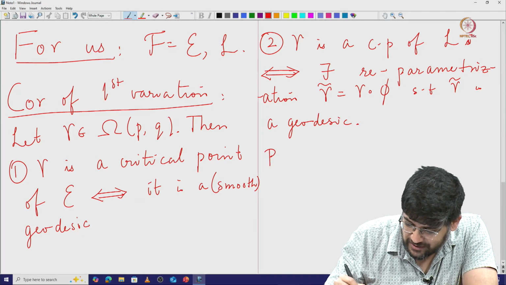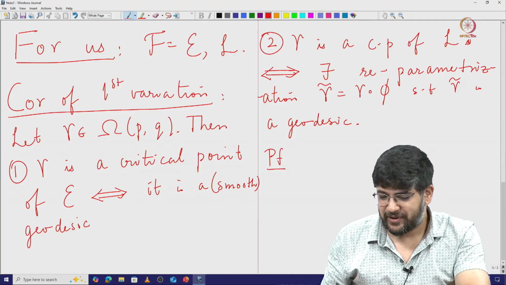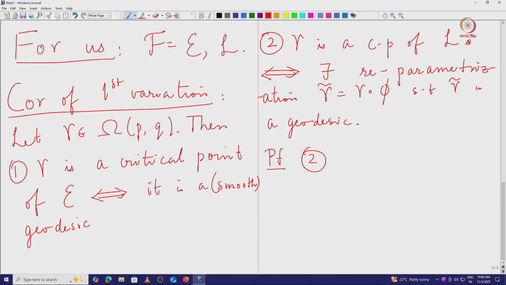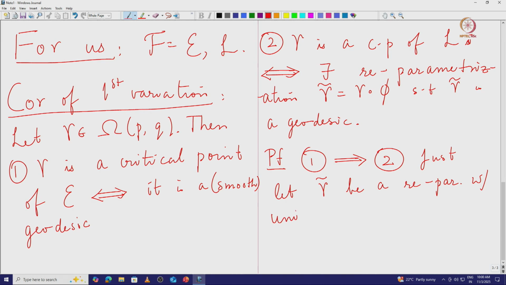So let me first prove that 1 implies 2. Okay, so then it all reduces to just proving part 1. Well, just take an arc length parameterization. Let gamma tilde be a reparameterization with unit speed. All right, then